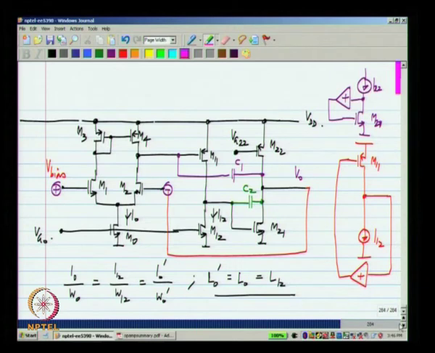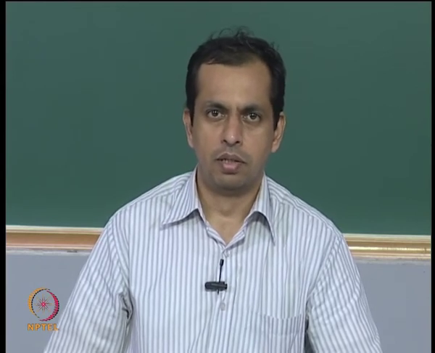Now, let us say the 2-stage op amp gives you a gain of the order of Gm by Gds squared. Let us say we want an even higher gain. What should we do? We can go for a 3-stage op amp, and we can go for a 4-stage op amp and so on. That is possible. That is one of the ways of doing it. Also, there are other ways. If all we want to do is to improve the DC gain,